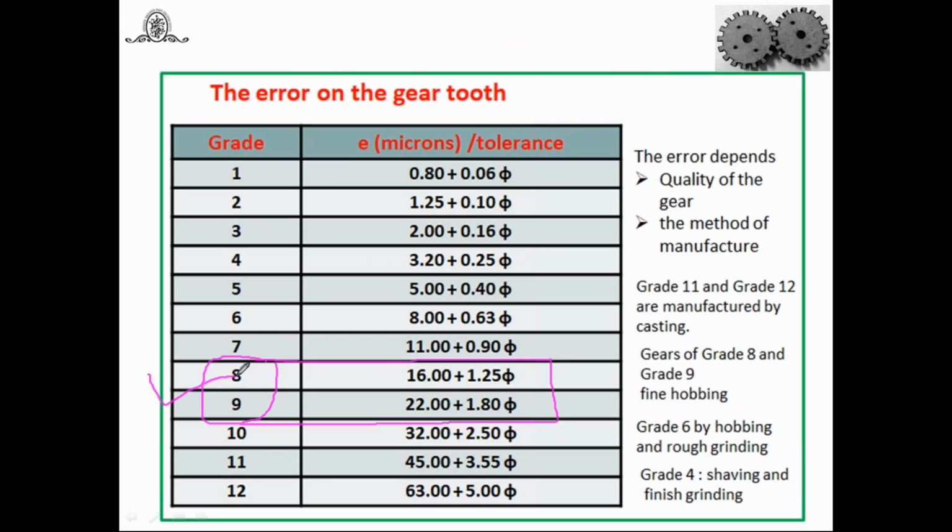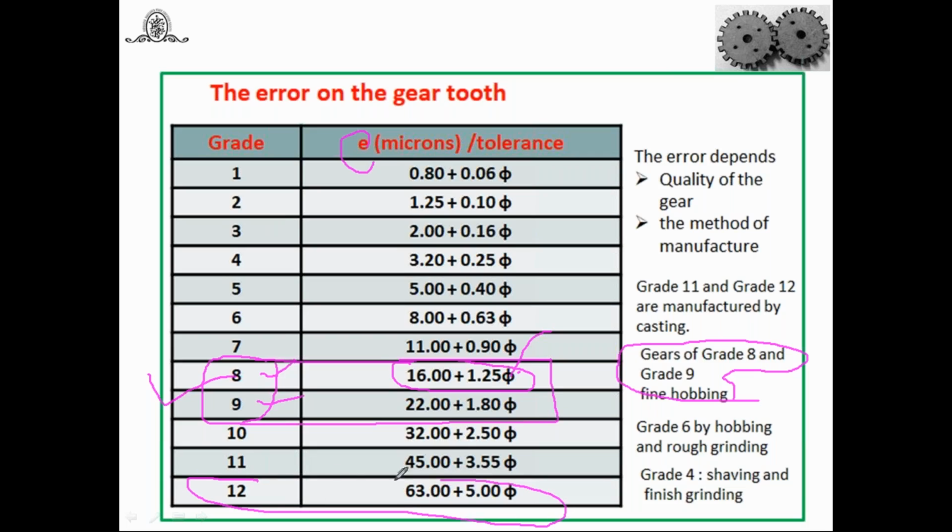Try to understand why. Because in workshops, gears are manufactured by hobbing operations, as usual, turning or hobbing or other operations. For that purpose, if it is not mentioned, you have to select grade 8 or 9, and generally select 8. That is 16 plus 1.25, and again pi is equal to, you know very well, M plus 0.25 under root DP. Similarly for DG, you can substitute, you will get EP, EG. You can add, you will get E for grade 8.